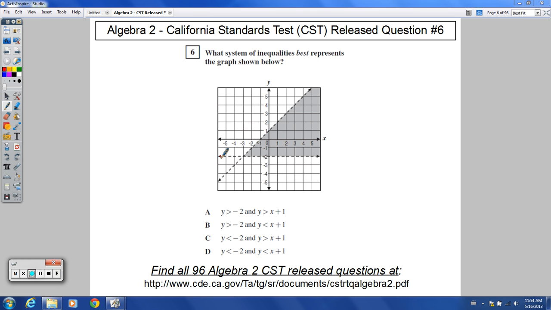So this one right here that I see, this is dashed. I'll highlight this in red for right now. So I'm just looking at this line, and I notice my y value is always at 2. No matter what x is, the y value is always 2 on this line. So it's y, but it's not equal to 2. It's something compared to 2. The line itself would be y equals 2, but notice it is dashed. That means it can't actually be on that line. And notice we're taking things that are above that. If I shaded above that line